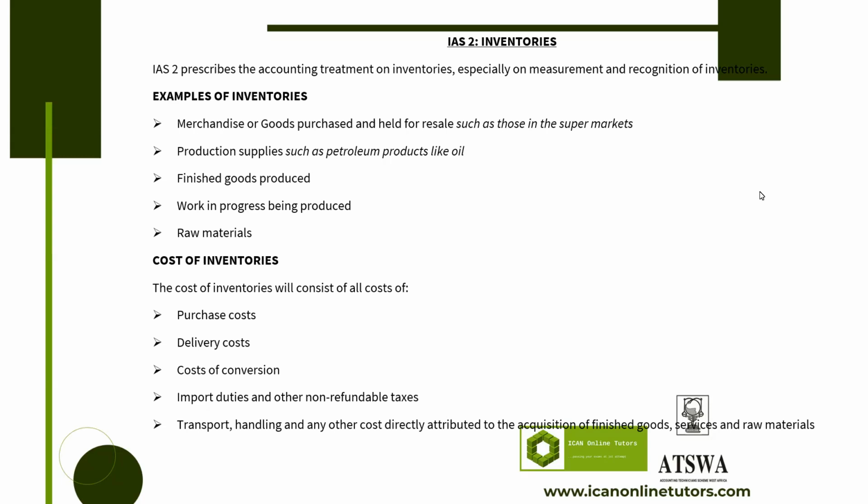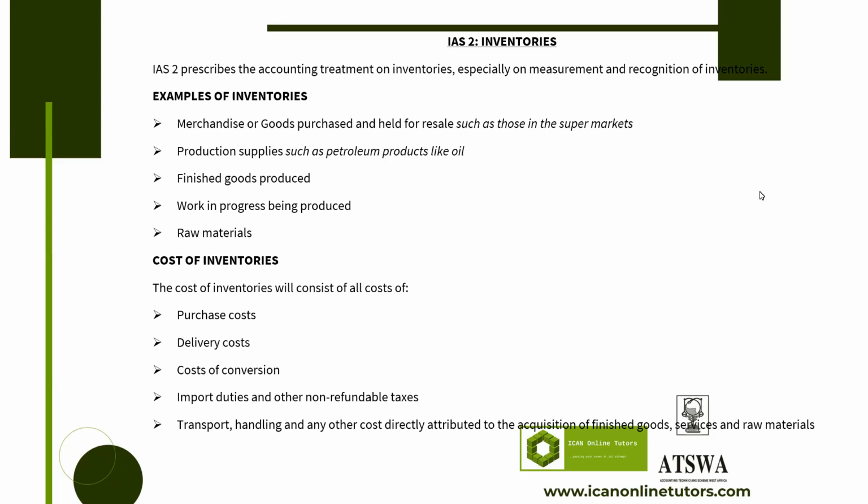Number four is work in progress produced, and number five is raw material. These are examples of inventories. But the commonly tested types of inventory for exam purpose are raw materials and finished goods. We'll be looking at accounting questions at the end of this slide to test our understanding of measurement, valuation, and